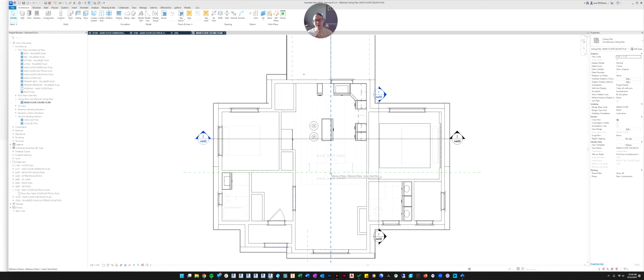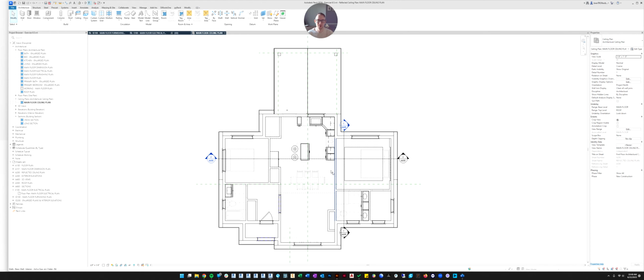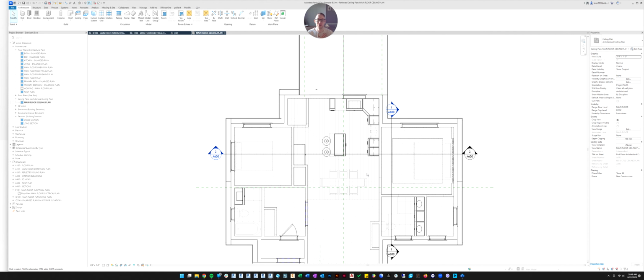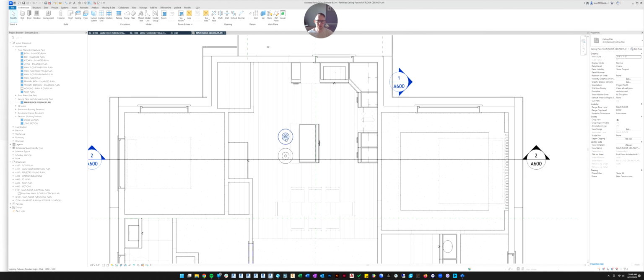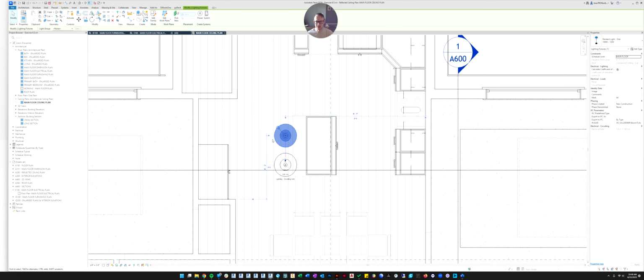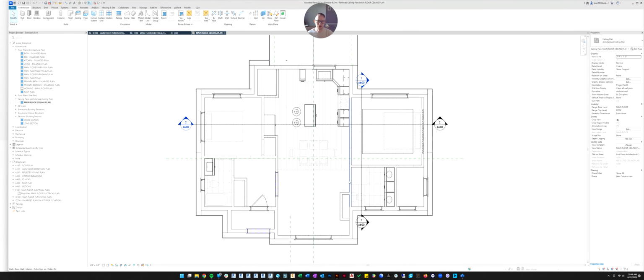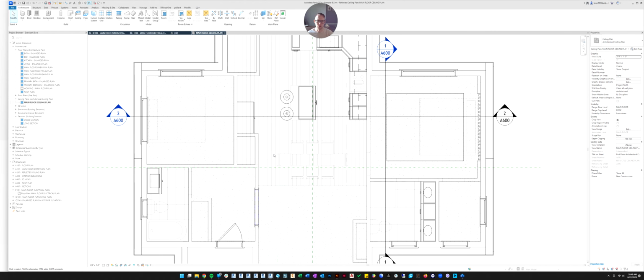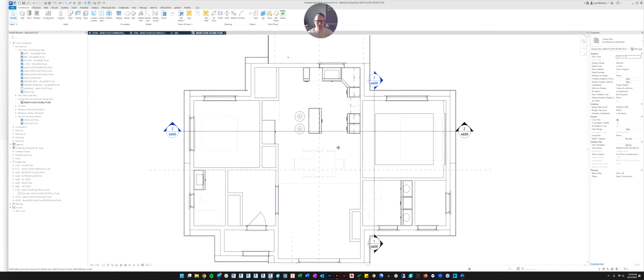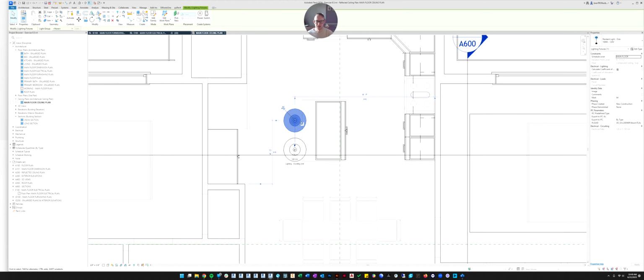That's why I often, if I'm not the one that made the template, I like to create my own views from scratch because then I know all the settings that have been applied to it and I don't have to try to figure out what someone else did. But in this case, we're just going to keep going because it's not critical to our assignment. Because now we see enough of the furniture. I don't see the table, but I know roughly where the table is, so I can center the light above it. Let's put our pendants above our countertop bar, like that.